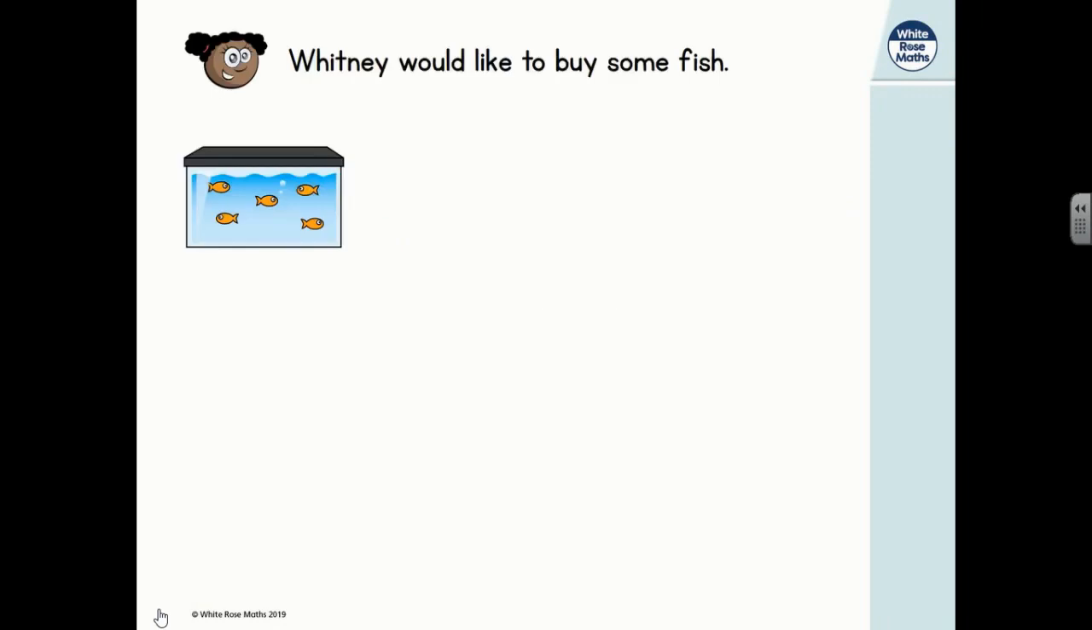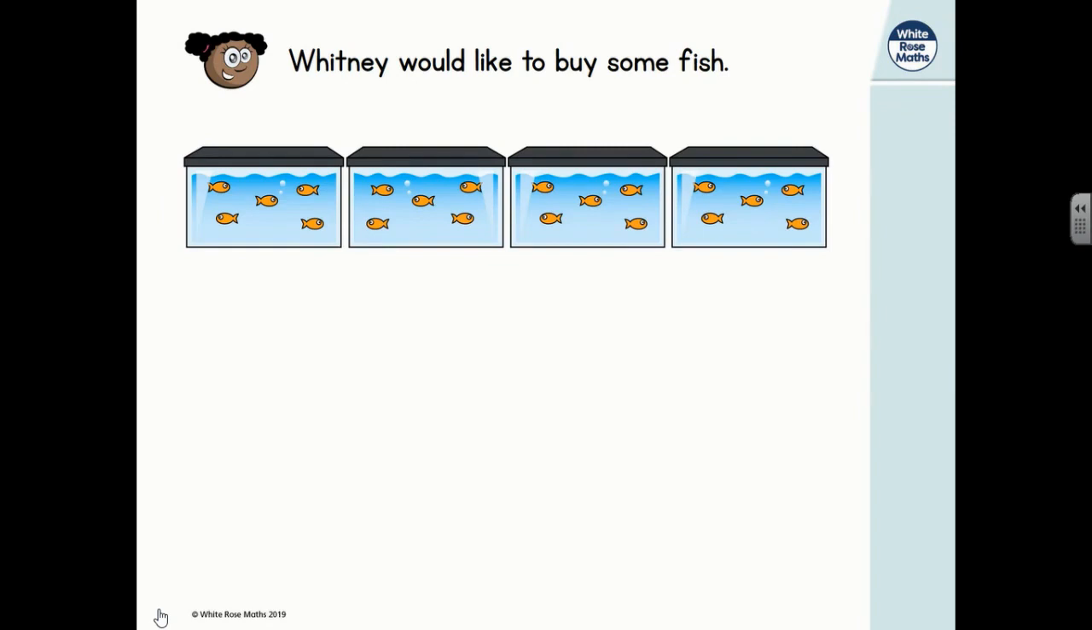Whitney would like to buy some fish, some goldfish by the looks of things. Here are all the fish that are in the shop. Whitney would like to buy all the fish that's in the shop. However, the shopkeeper said he'd like to keep some of the fish for other people to buy. That's kind, isn't it? Whitney has negotiated with the shopkeeper, and they've decided that she can buy 3/4 of the